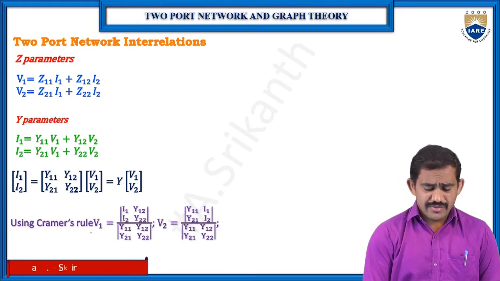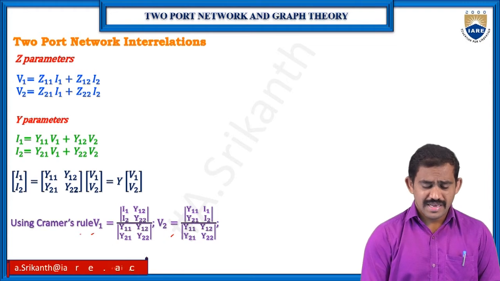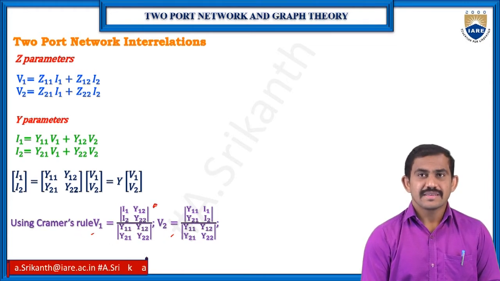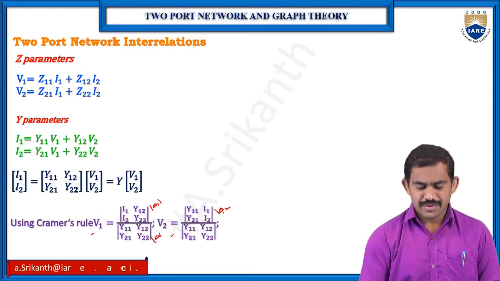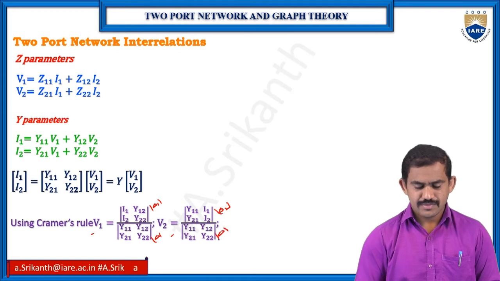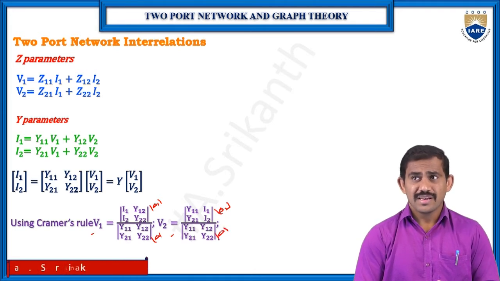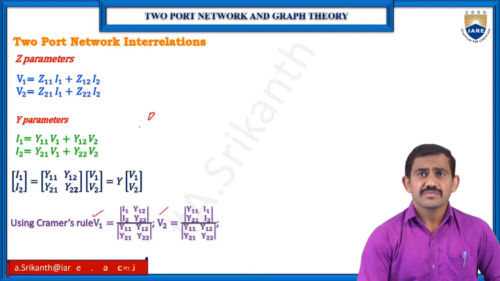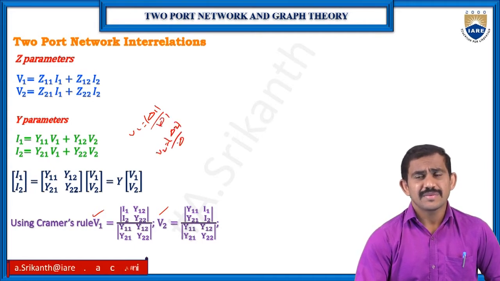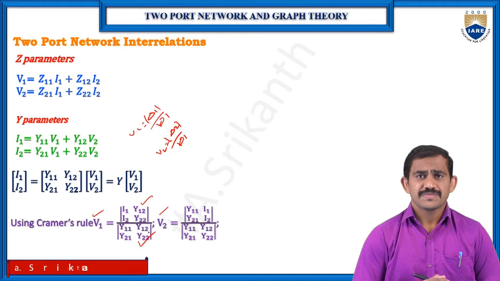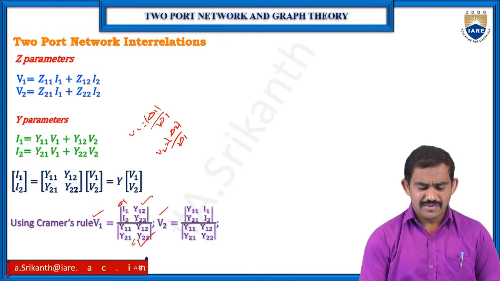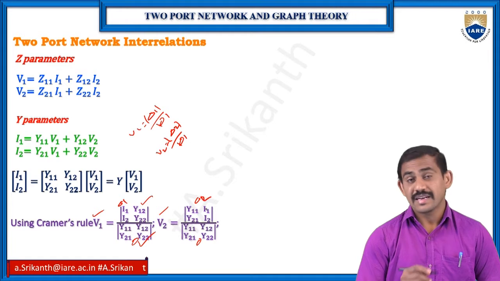Yeah, here we have the v1 and v2 values. So v1 and v2, this is your del 1 and this is your del 2 and delta. So these are your v1 and v2 values. Now v1 equals del of delta 1 by del of delta, and v2 equals del of delta 2 by del of delta. Am I right? Now from this we have the delta 1, delta 2 and delta values.